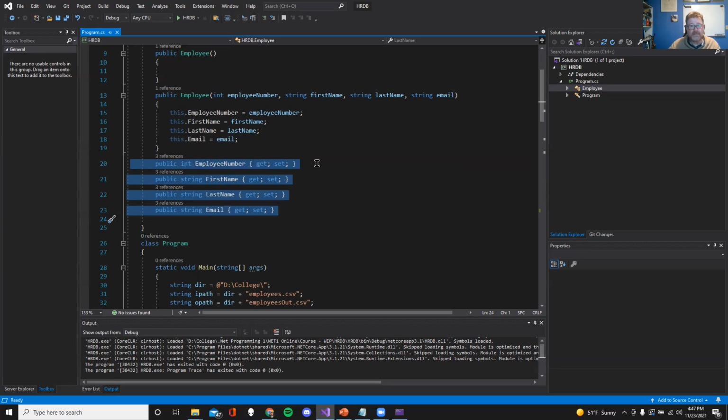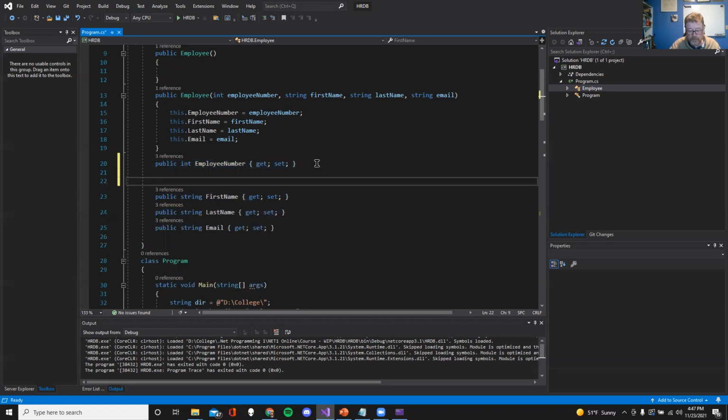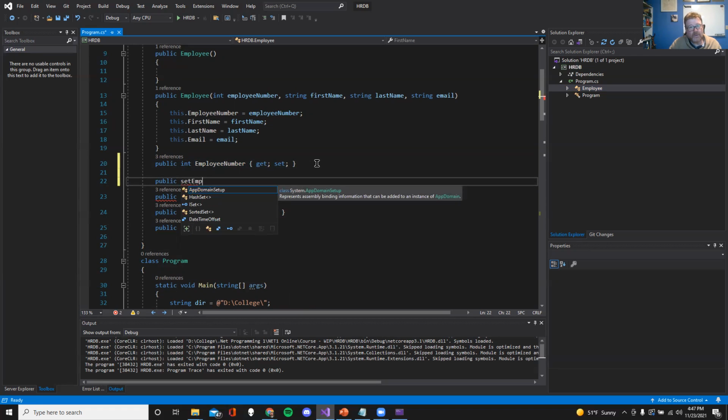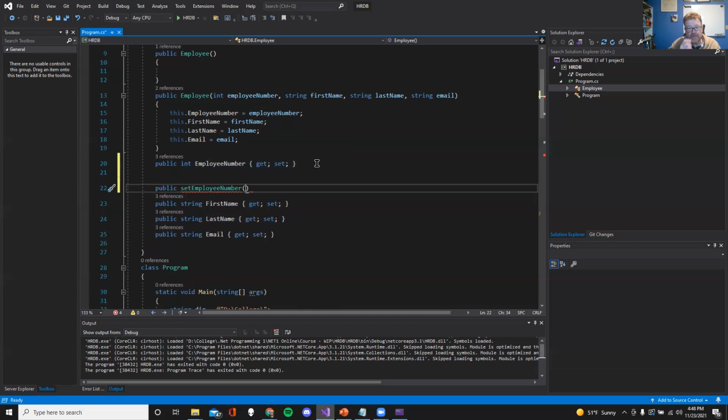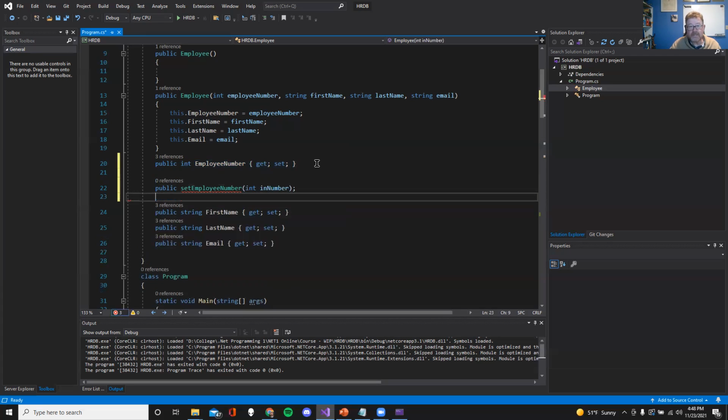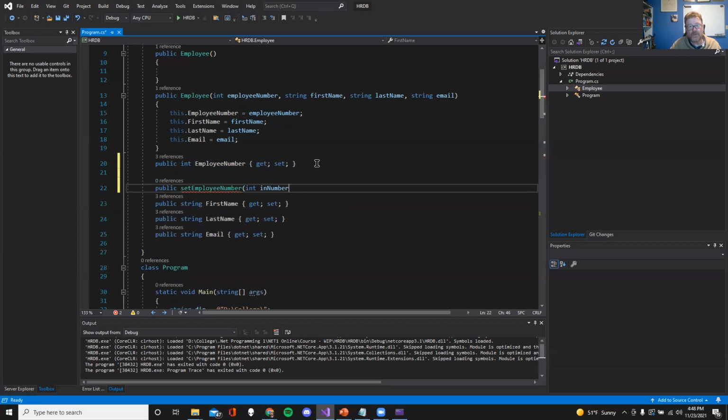It would be something to the effect of public, we'll just say set employee number, and it would take in the integer, and in num we'll just say, okay, and then, oops, not semicolon, what happens